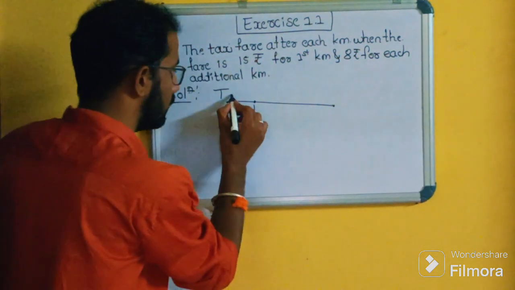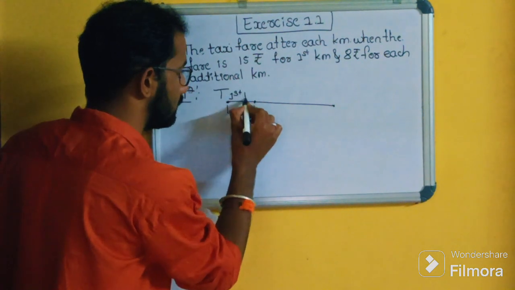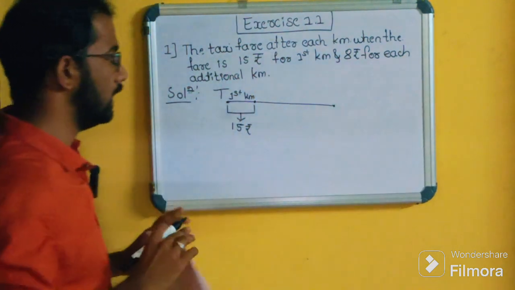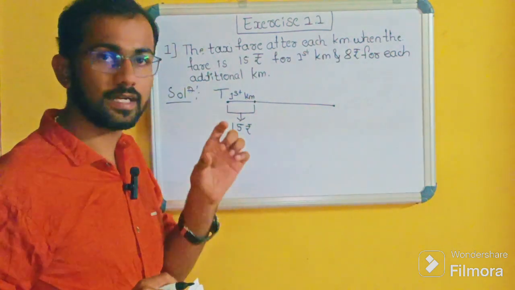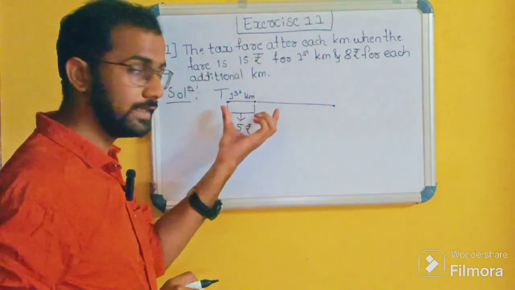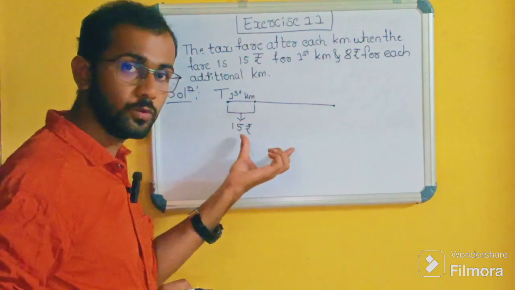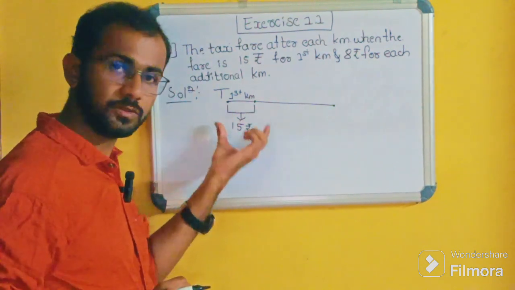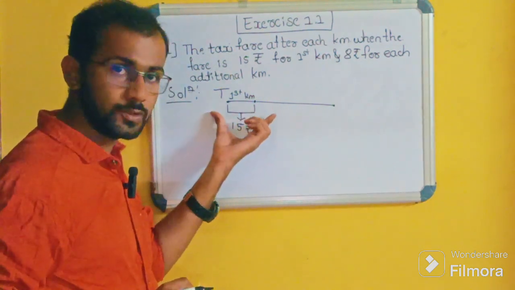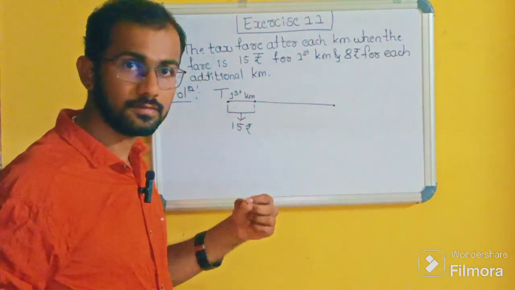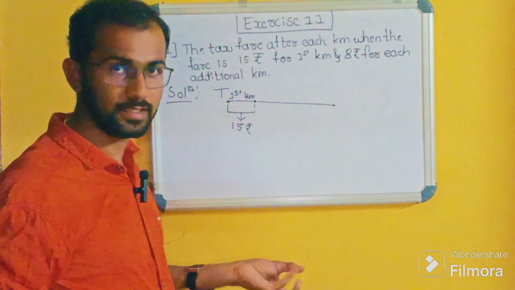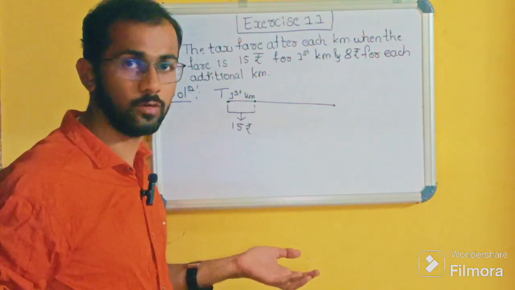So if your traveling distance is 1 kilometer, then you need to pay 15 rupees to the taxi. Then if you are traveling for more than 1 kilometer, let's say 5 kilometers,